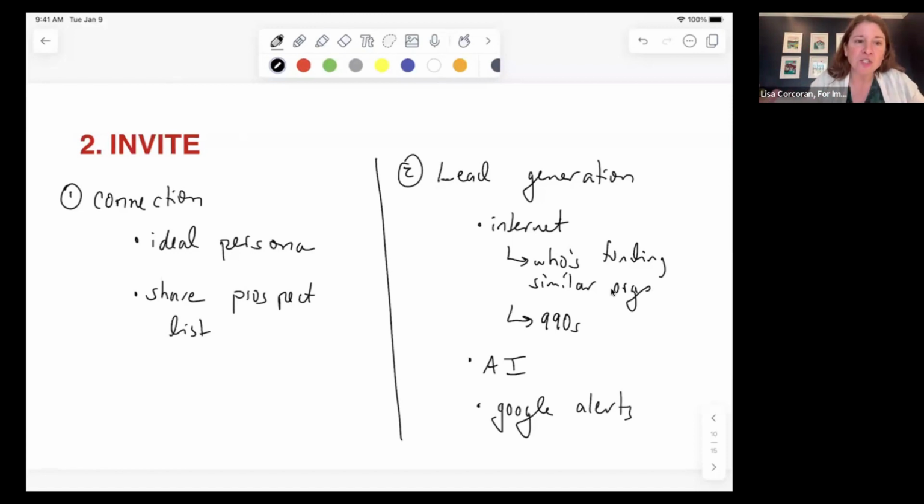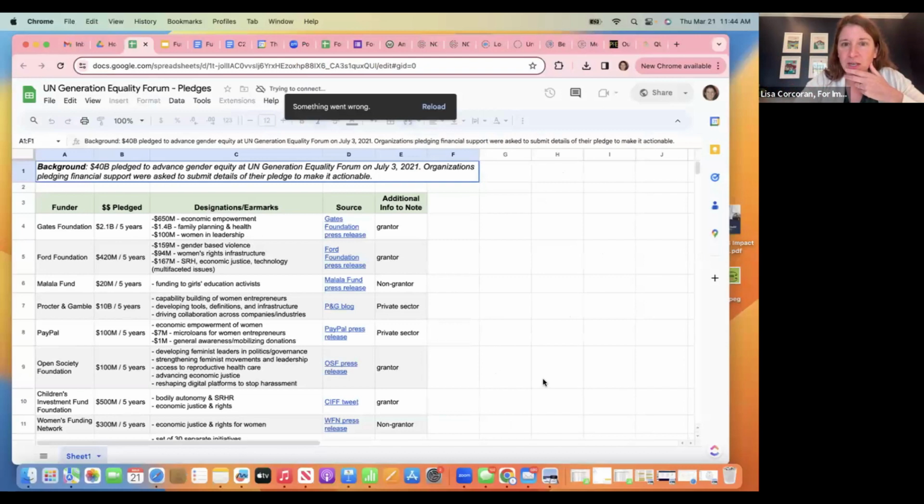So what happened was the UN Generation Equality Forum met in July of 2021. And what was different about this one is that $40 billion was pledged to advance gender equity. $40 billion was pledged to advance gender equity, but the organizations doing the pledging were asked to